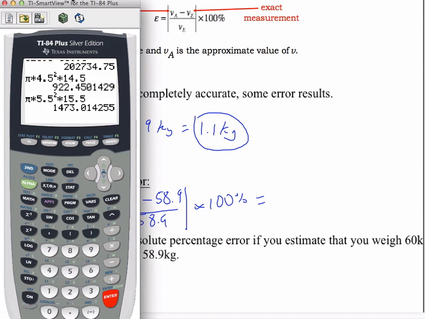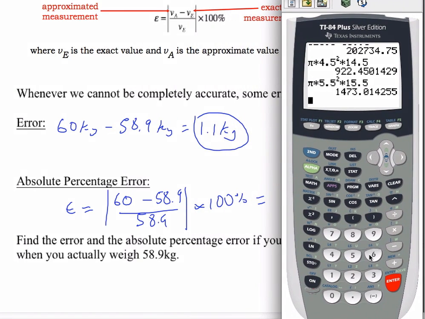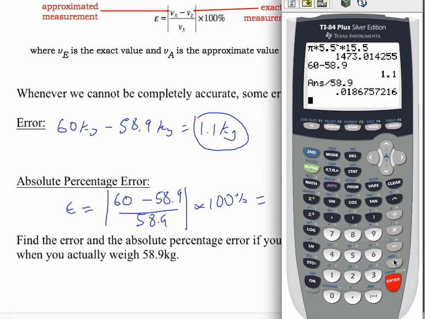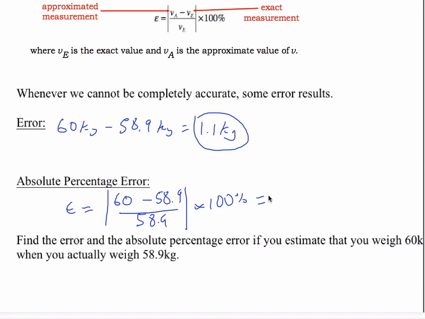So let's work that out. Let's do 60 minus 58.9 equals, then divide by 58.9, and we get this number, times 100 to make it a percent. So that's actually 1.87%. Okay, so that's not a bad